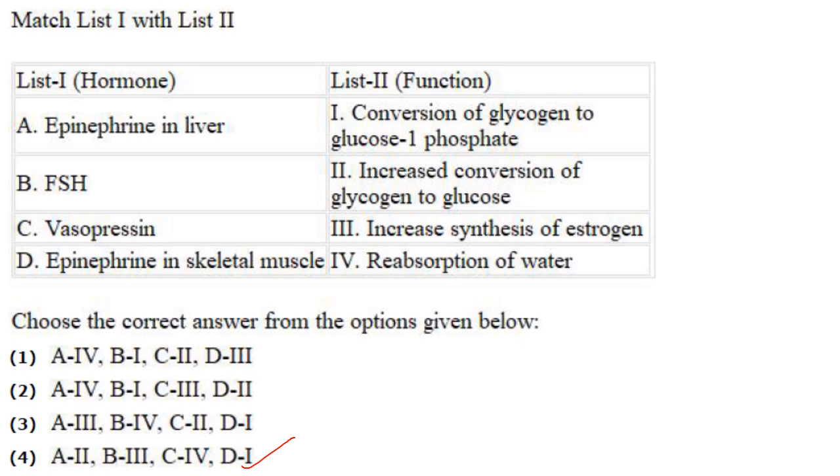Then next one. Epinephrine in liver and its function in the liver, it is 2, increased conversion of glycogen to glucose. A2 is found only in option 4, so that is the answer. And we will see the others also. FSH is increased synthesis of estrogen. Vasopressin is for reabsorption of water. And epinephrine in skeletal muscle is for conversion of glycogen to glucose 1-phosphate. So the answer here is option